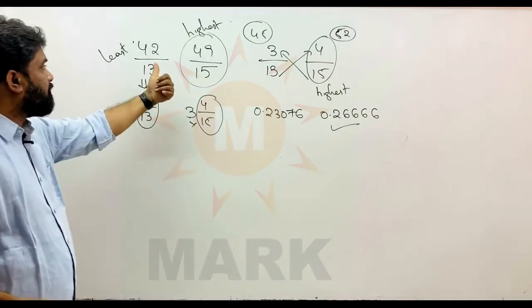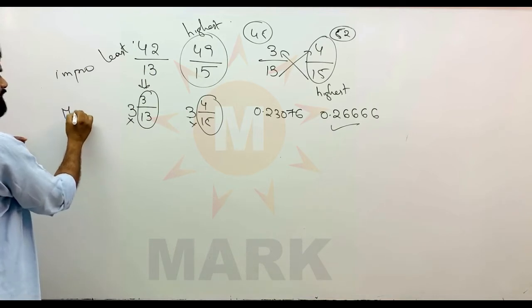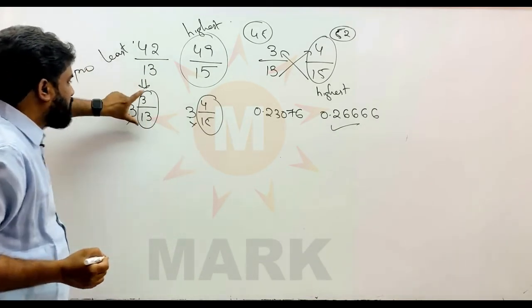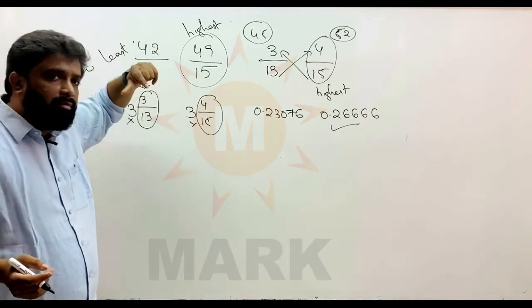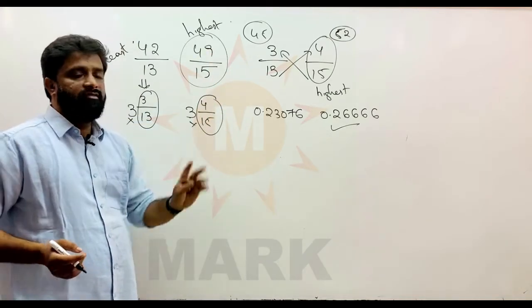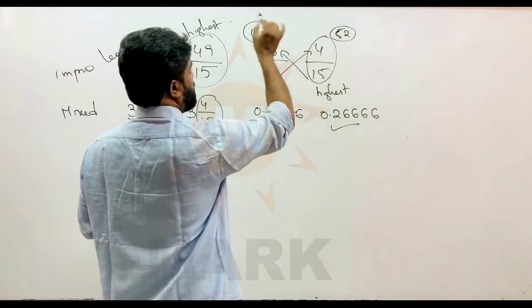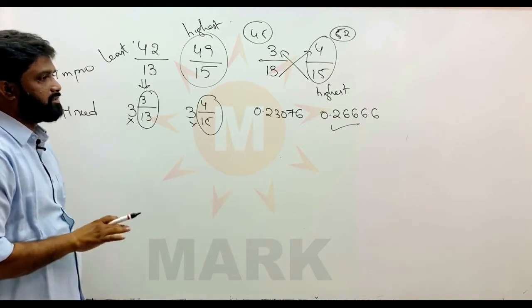First they gave improper fractions. Then I converted the improper fractions into mixed fractions. So first, 3 is coming on both sides. Then I realized, whatever the proper fraction, 3 by 13 or 4 by 15, whichever fraction's value is highest, that will give the number, right? So 3 by 13 and 4 by 15, this is 52 and that is 45. 52 is of highest value. Got it?